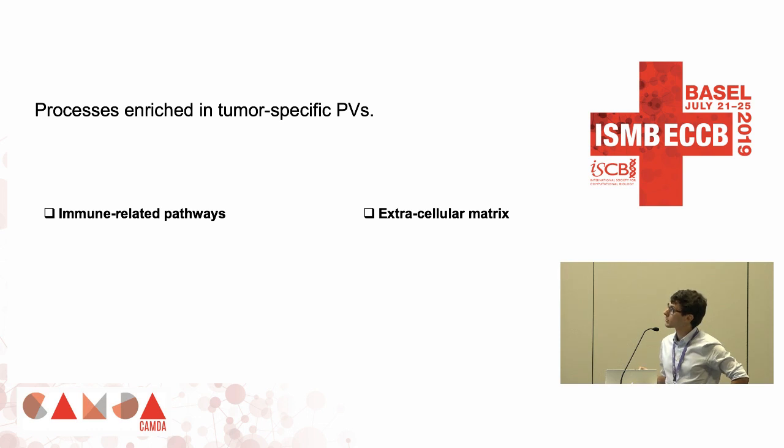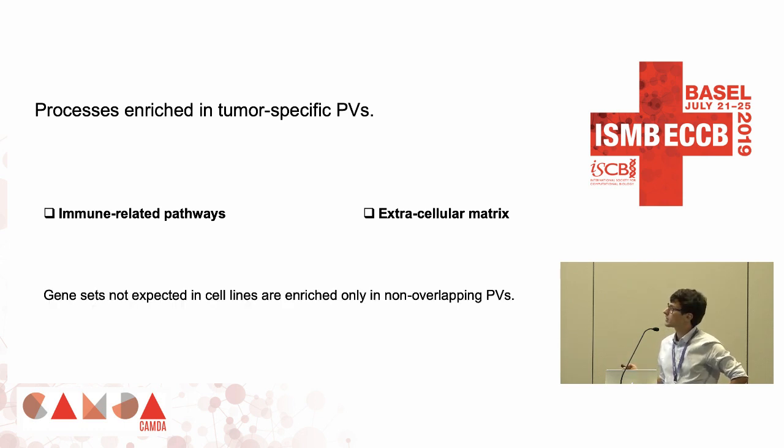When we go to the bottom ones, we see that these principal vectors are really highly enriched for immune-related pathways and only in the tumors, so there is no immune information in the cell lines, and for extracellular matrix, which are exactly the information that are missing in the cell lines. So ultimately, discarding the bottom PCs, the ones that are the least similar, really removes completely the information that we want to get rid of because it's not present in the tumor.